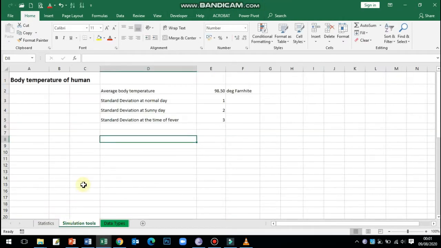Microsoft Excel has very basic tools with which you can do simulation in single clicks. What is simulation? Simulation is basically a value derived from the data without any experiment or questionnaires. Let's say this is a small, simple case study: the body temperature of a human, and we want to study the body temperature on a normal day, a sunny day, and at the time of fever,